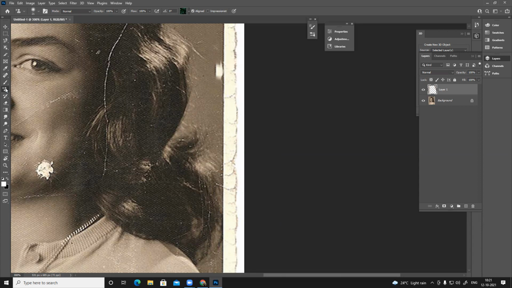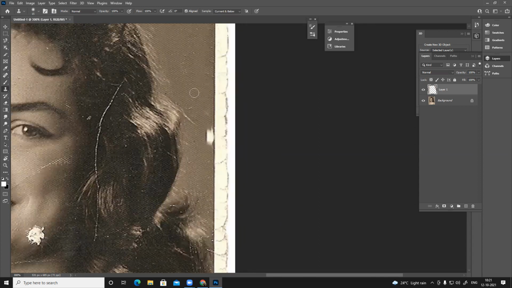There is one tool called the stamp tool, or clone tool. You can clone this thing very easily. Under the clone tool, there are two options. One is the pattern stamp, so based on a pattern it will clone. Or there's the clone tool, where from wherever you want to clone, you can clone it directly, which is very convenient.